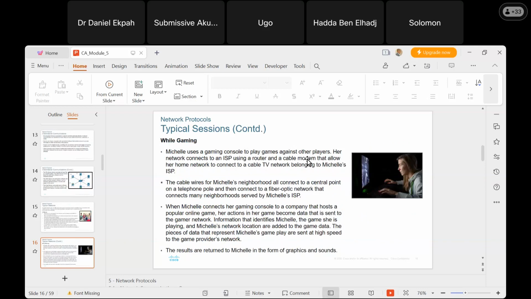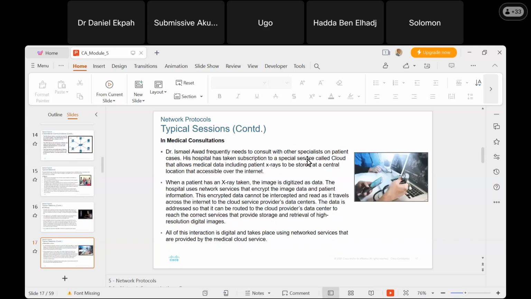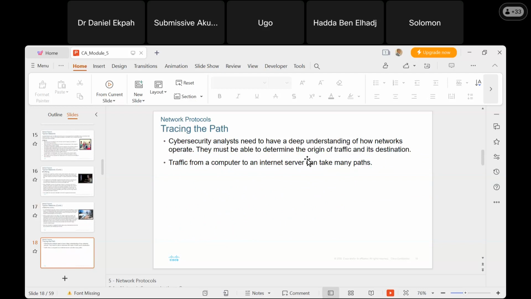And so this is a game to demonstrate that process. And then tracing the path. Cybersecurity analysts need to have a deep understanding of how networks operate. They must be able to determine the origin of traffic and its destination. And traffic that comes from a computer to an internet server can take many paths. So you see here, it is very clear that the essence of learning computer networks